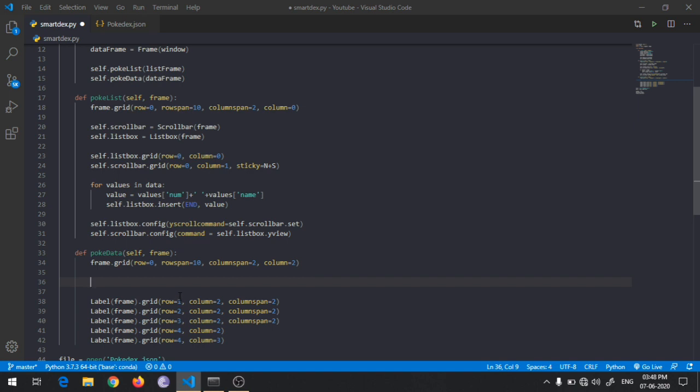a StringVar object. StringVar is a string variable class, or you can say object, for tkinter. There's a class of StringVar, and we will be creating an object of that. So for name, I will be creating a name StringVar.